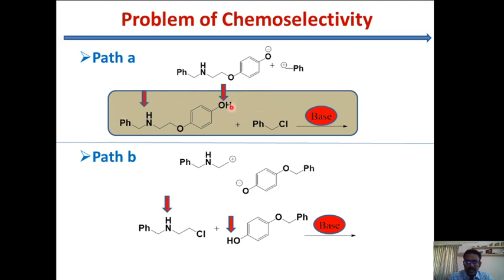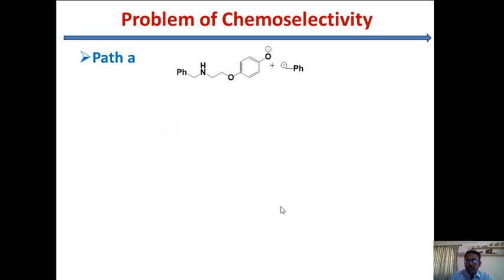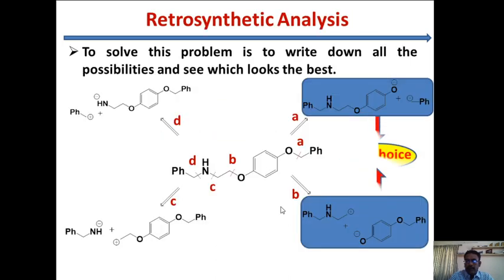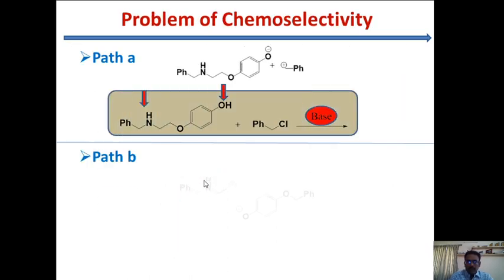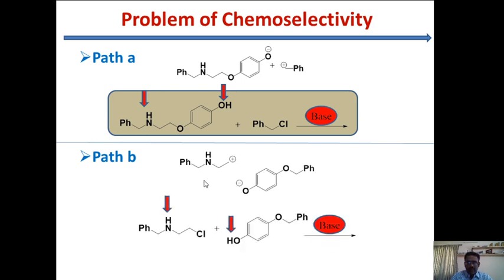Here we have the intermolecular case, where in one molecule itself we have a chemoselectivity problem. Here the two reagents have the same kind of reactivity, so they have acidic protons. So simply you can eliminate the bond breaking of the two choices A and B, as we have already seen. That's why we said that path A and B are bad choices. Now you are left with only C and D, breaking bond C or D. Now look at the next slide. We will analyze path C and D.